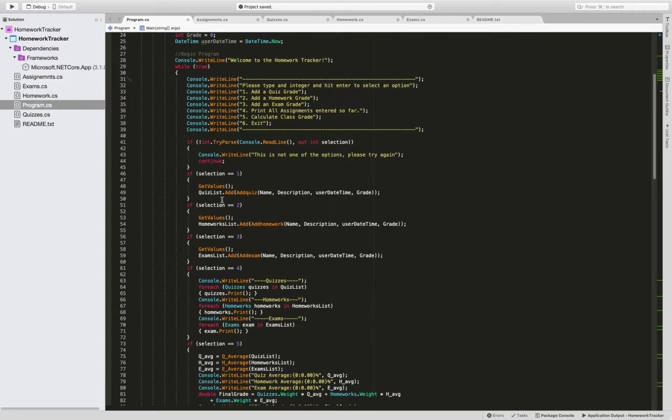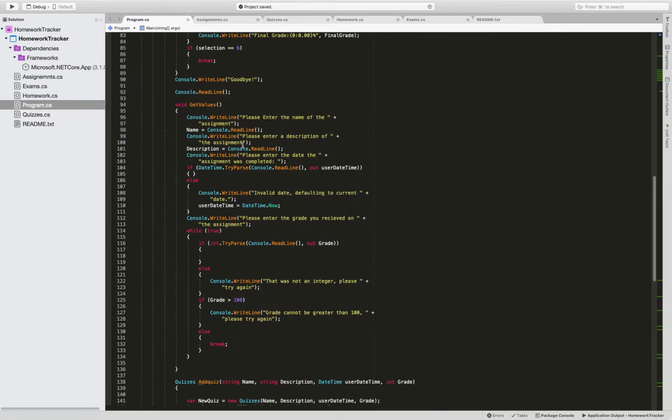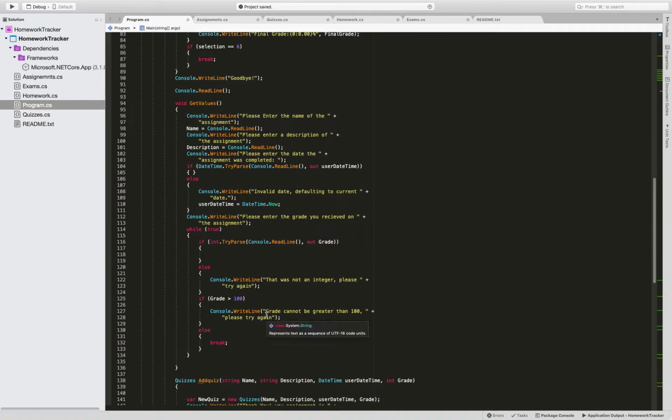1 has GetValues and then quizList.Add quiz. So GetValues is a function right over here. It's a void, and it basically allows the user to enter all of the data that they need to in order to enter the respective assignment. And yeah, you can enter the name, enter the description, then enter the date, and then if you don't